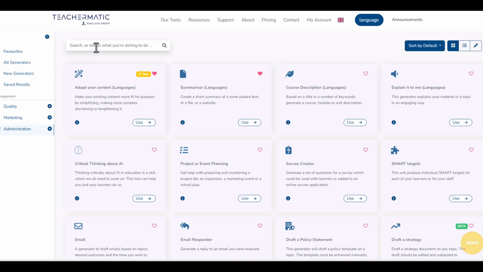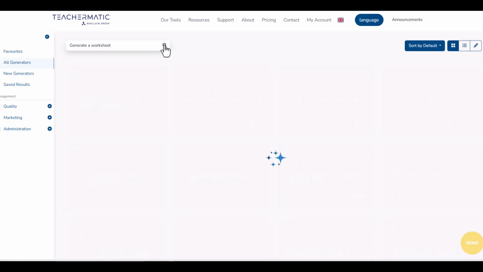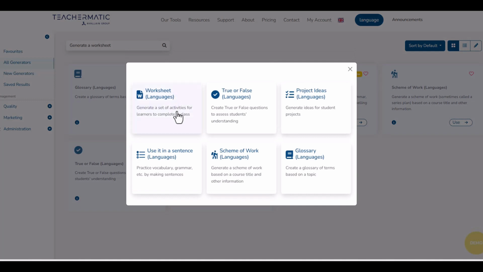At the top of the interface, you'll find the search bar, which makes it easy to find the right generator quickly. You can use it in two ways. Describe what you're aiming to do, and the system will suggest the most relevant tools. For example, you can type "create a vocabulary quiz" or "generate a worksheet," and the search will recommend the best generator for the job. Clicking on a result will take you straight to the generator, so you can start creating